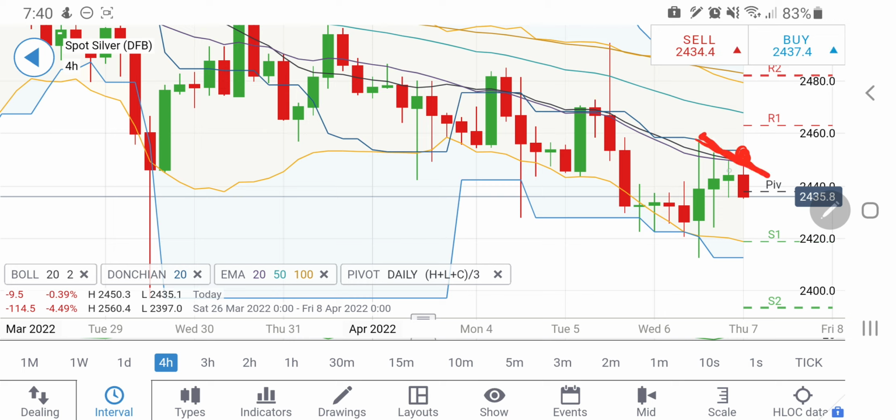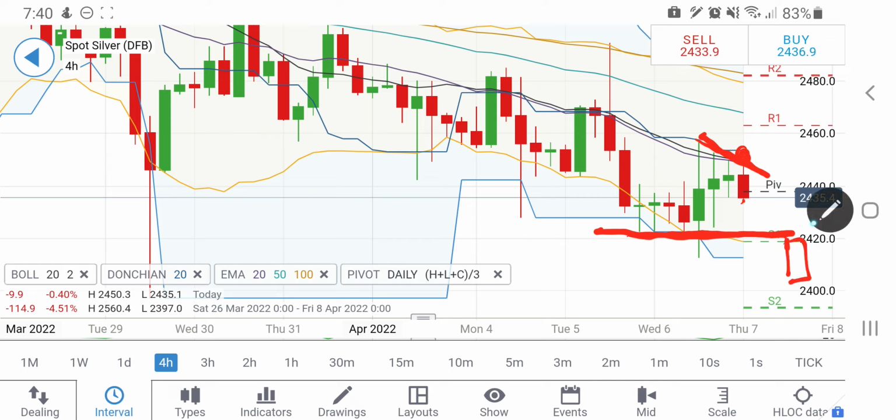Also look at this, the 4-hour candles are typically giving lower highs and trying to form a pattern out there, and now it may try to hit 2420 before looking forward to a rise. In fact, we can expect a couple of red candles back to back, and this time the break could be sharp, this time the break could be strong, and it can try to head well below 2410 and 2400 levels. So take your positions accordingly.